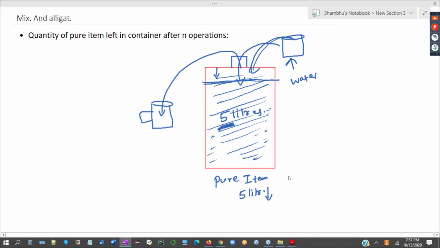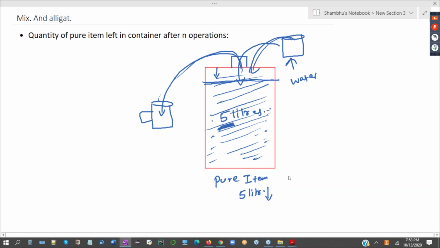Again, another day he was not there. Again, you did the same thing. You took some quantity out, you drank, and you mixed water. You repeated this 3-4 days. Every time your parents go out, you are tasting this and mixing water. So this quantity will keep on decreasing. Earlier 5 liters of wine, but now it will keep on decreasing, isn't it?